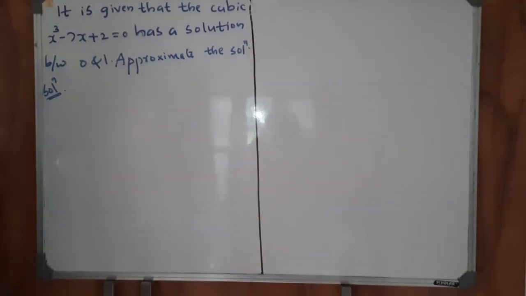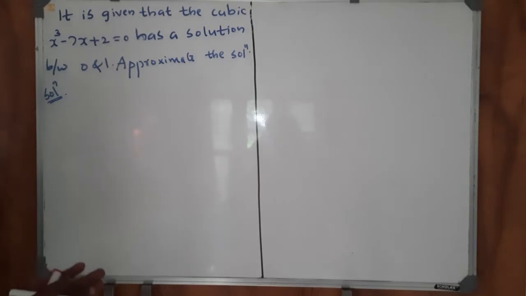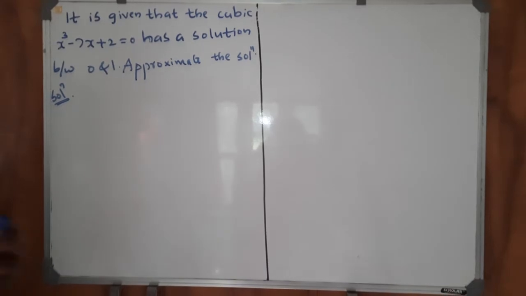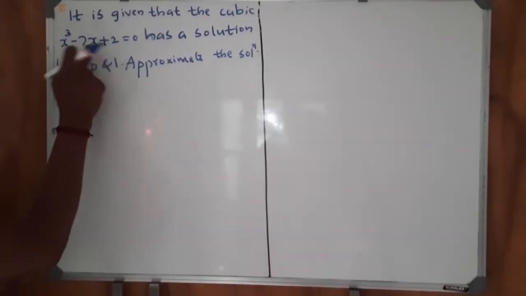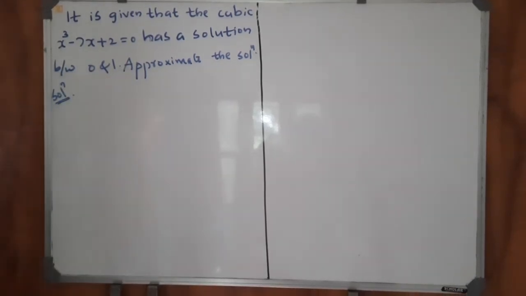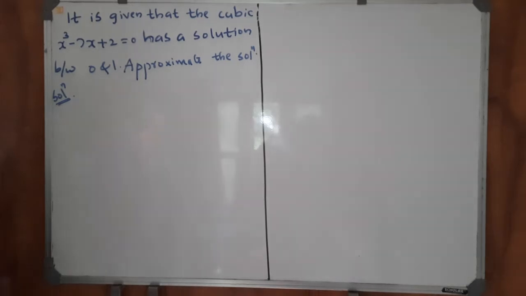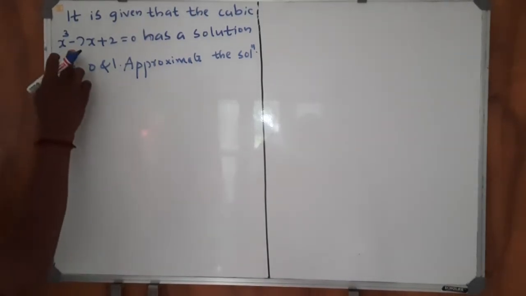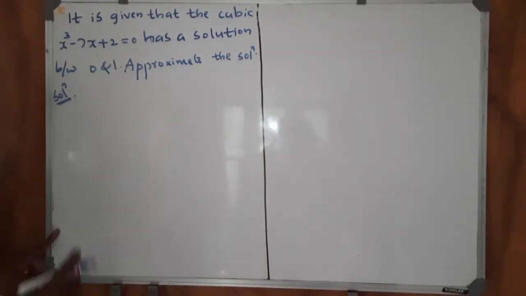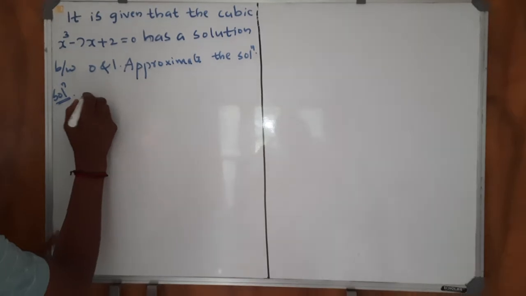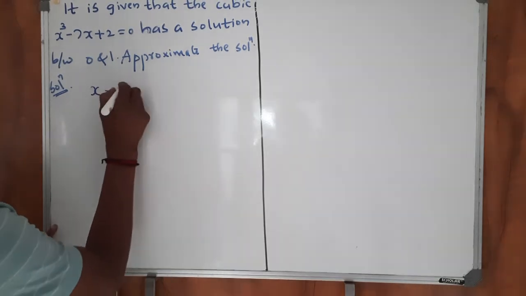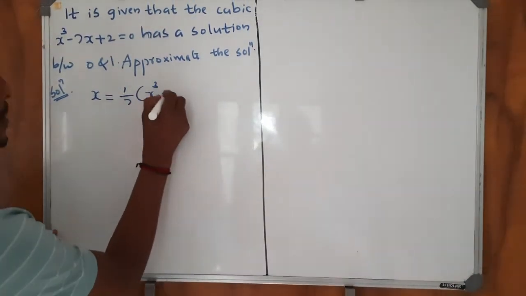So what we do is we will construct a sequence of real numbers which is contractive so that it converges, and the limit will be the root of the equation x cube minus 7x plus 2 equal to 0 between 0 and 1. So we recursively define the sequence using the given cubic equation. Given that x cube minus 7x plus 2 equal to 0, we have x equal to 1 by 7 into x cube plus 2.